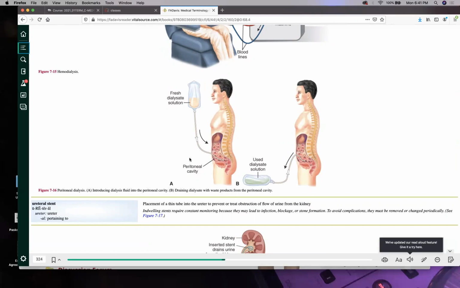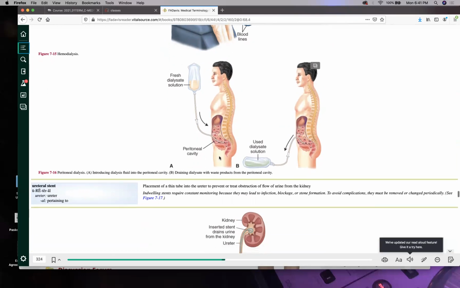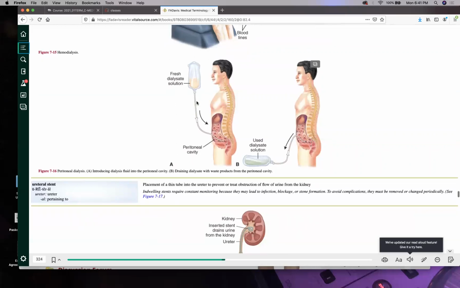That's hemodialysis. This is peritoneal dialysis. This is another thing where your large and small intestines and your peritoneum, which is the covering of your abdomen here, filter things. It takes nutrients and gets rid of wastes, just like the kidney. If you have kidney problems, this is another way we can do this.